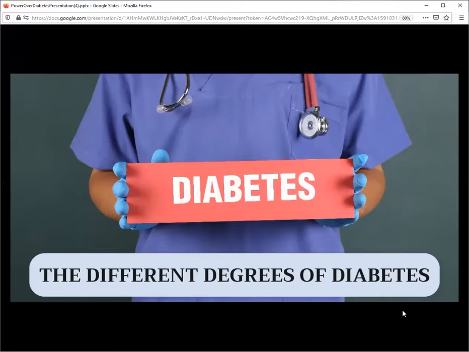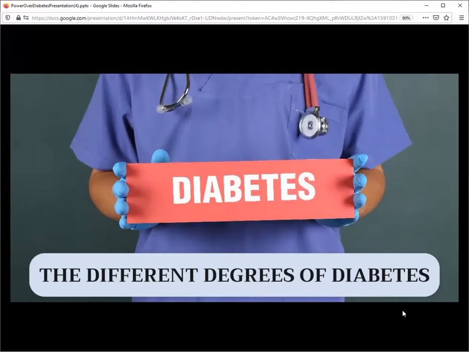Recent research as well has been exploring different routes of reversal for this form of diabetes. And I'm going to actually read to you a link of a really good article that you might enjoy. So go to Chris, C-H-R-I-S, Kresser, K-R-E-S-S-E-R.com, slash, could type 1 diabetes be reversible after all? I think you'll enjoy that article.